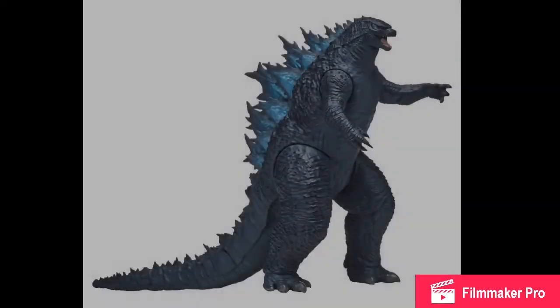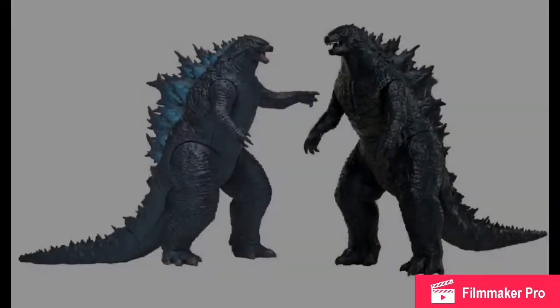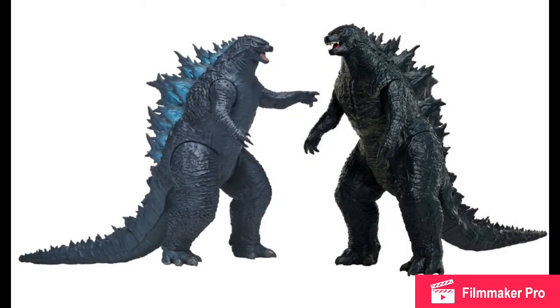First, looking at the Godzilla. Godzilla does seem to have his 2019 design. The figure itself looks okay. If I'm being honest, it doesn't really look that good. A lot of people have been making comparisons between this figure and the Jakks-Pacific Godzilla, I think the 10-inch or 11-inch one, whatever it was. They look pretty similar, which would make sense because they're basically the same design,